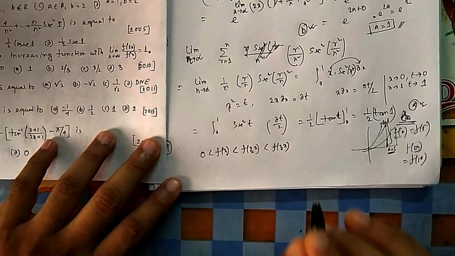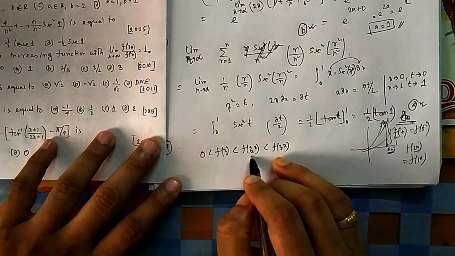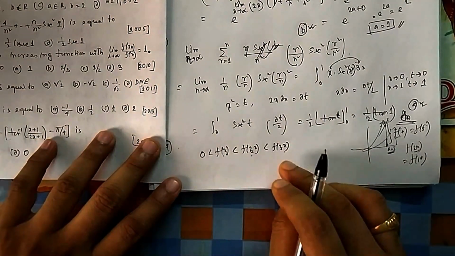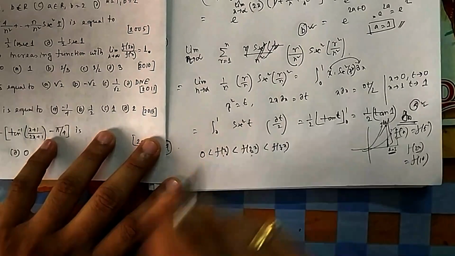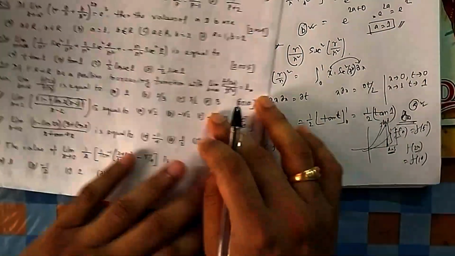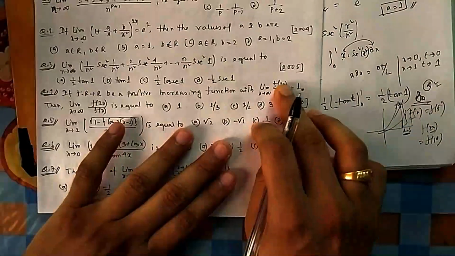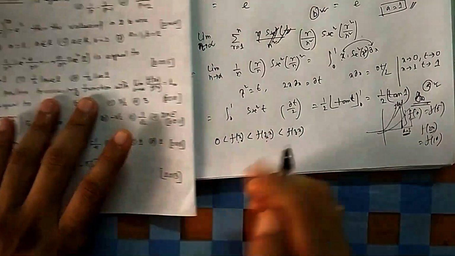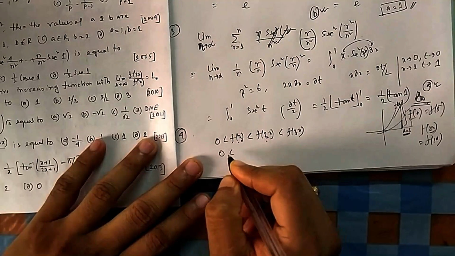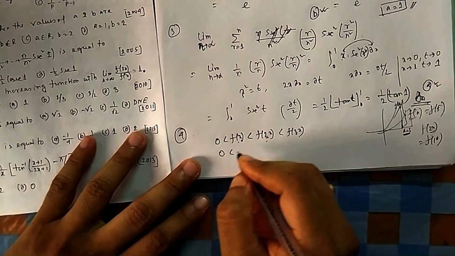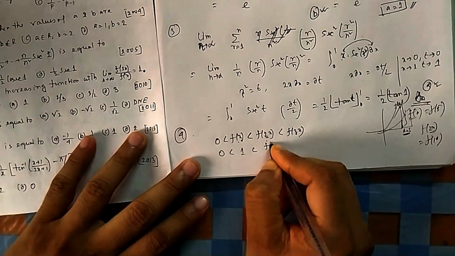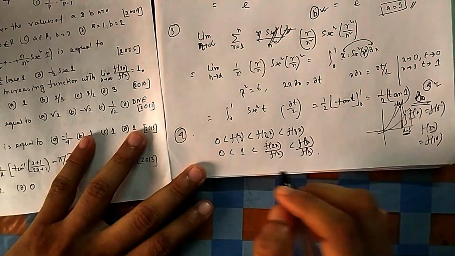Now if you put x equal to 5, it will take f(5), f(10), f(15). So obviously f(15) will be more than f(10), which will be more than f(5). And everything is positive because it is positive increasing. Because you need f(3x) by f(x) and f(2x) by f(x), I am dividing each one by f(x). Because it is a positive number, you can divide by any positive number, the inequality will not change. Now you recall your Sandwich theorem.